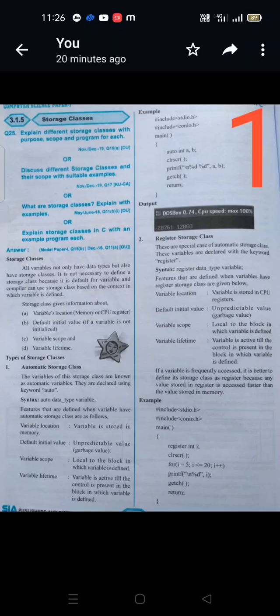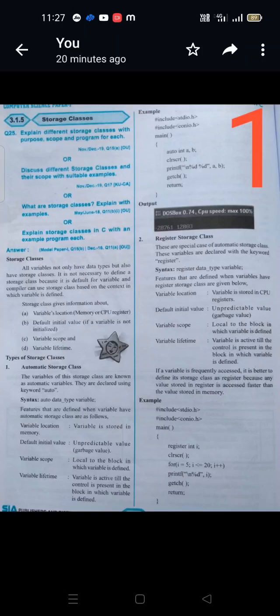Here is a small program: auto int a, b, so you have declared a and b as automatic storage class variables. After declaring, you print those variables. By default they have garbage values. You can see -28761 and 12803 in the output. These are the garbage values.